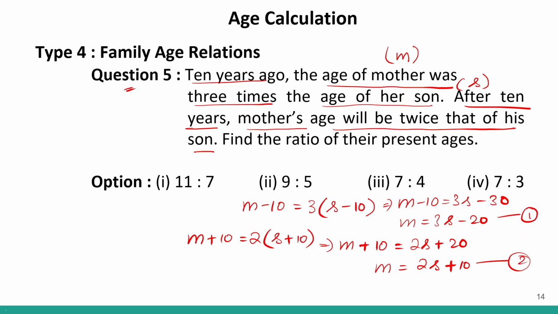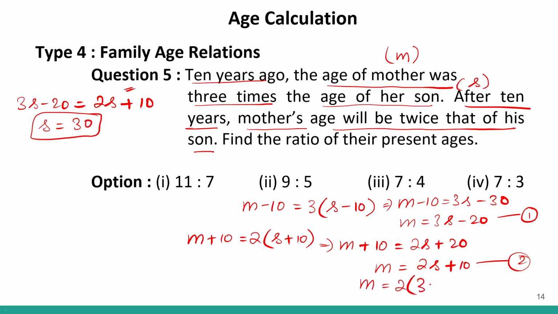I can equate equation 1 and equation 2. If I equate them, I'll get 3S minus 20 equals 2S plus 10. Correct? If I take 2S this side, it will be 3S minus 2S, which is S. And if I take 20 this side, it will be plus 20. So 10 plus 20 will give me 30. This will be the age of the son. Now the mother's age will be how much? 2